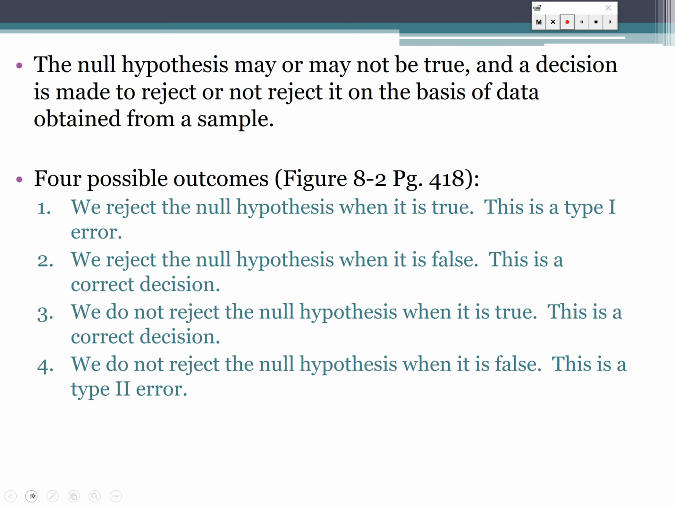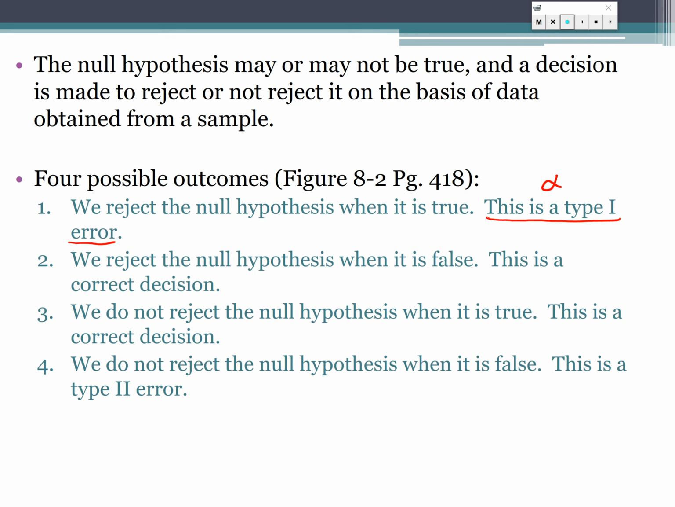There's 4 possible outcomes when you decide to reject or not. The first type is you end up rejecting the null hypothesis when it is in fact actually true. This is a type 1 error, and that'll be symbolized by alpha. We're already a little familiar with alpha. The second possible outcome is you reject the null hypothesis and it actually is false, so it should have been